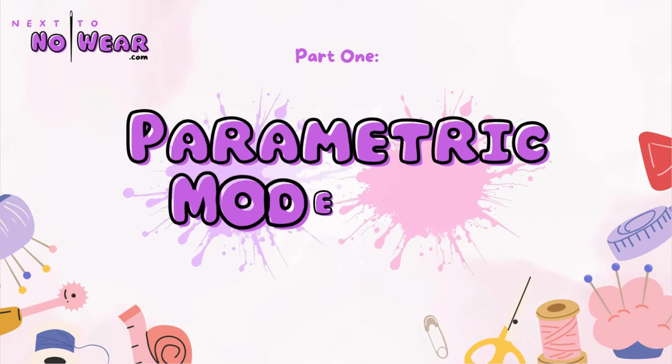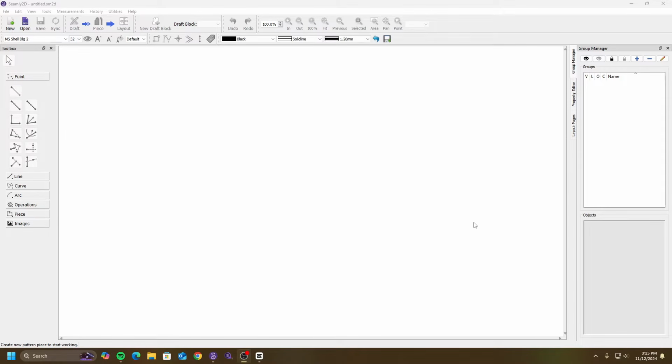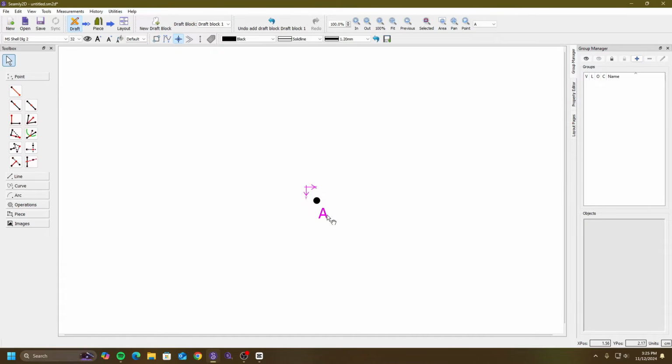Our first topic is parametric modeling. So this is what you'll see when you open Seamly2D. Everything is grayed out because we don't currently have a draft block open, but that's okay because I'm going to go ahead and click New. I'm going to leave it named Draft Block 1, and I like working in centimeters, so we're going to leave that alone as well. I press OK and it'll generate point A for us, but for now, we're just going